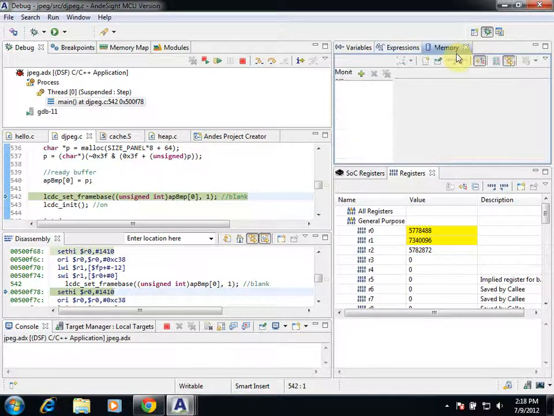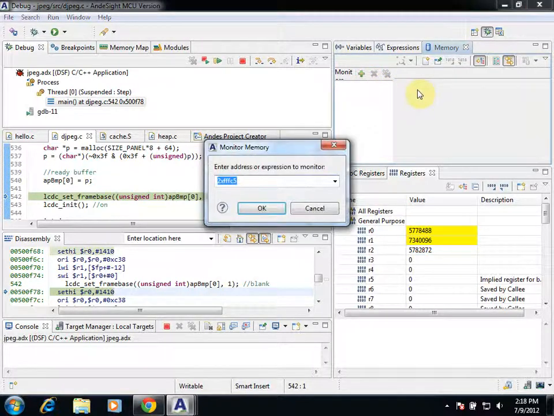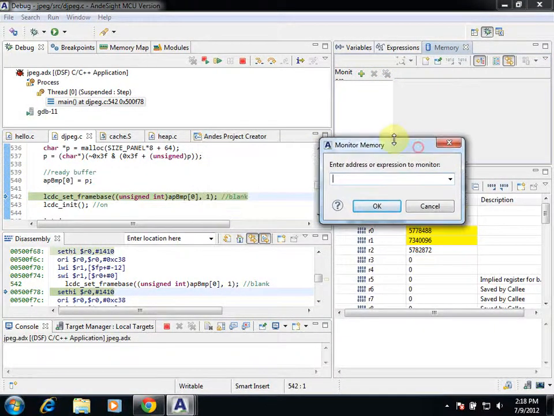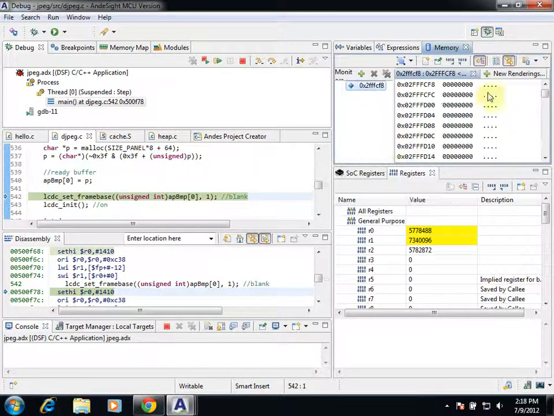Lastly, we'll take a look at the memory tab. If we want to choose an address to monitor, we can always click on this and enter whatever address. So for example, we will look at this. If we look at this address, we can see that if there are any changes, very similar to registers or our variables,